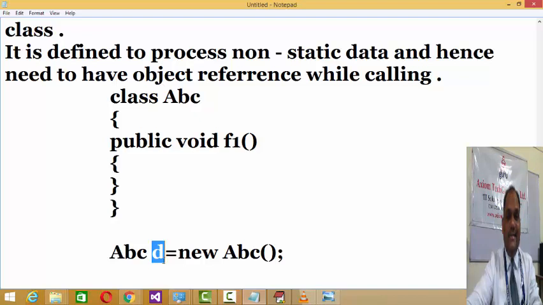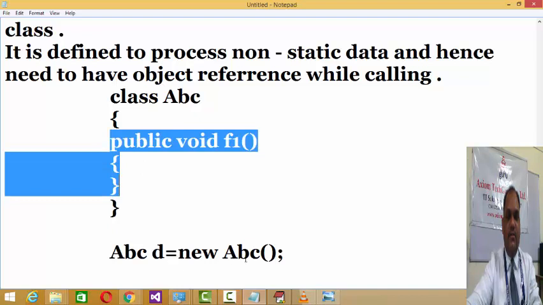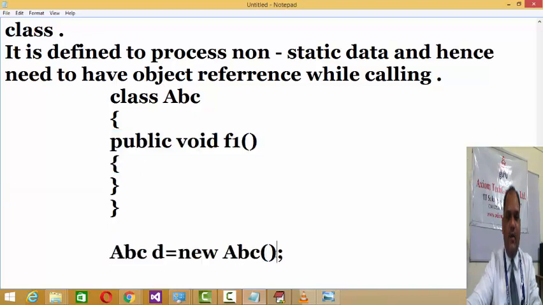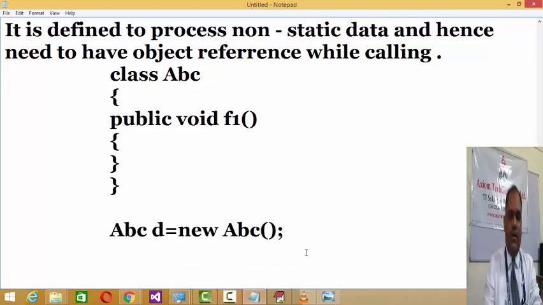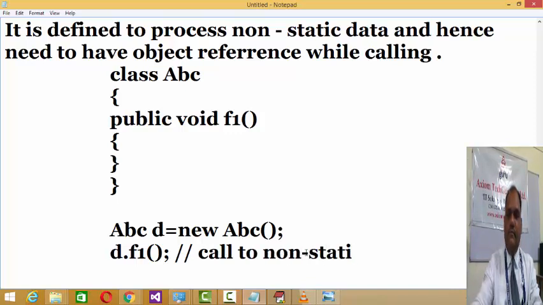So while accessing the non-static methods, as I said, it is not a class type of method, so class reference won't be valid over here. In such situations you need to give a call to d.f1. Whether you are accessing within the class or outside the class hardly matters. You need to create the object and only then give a call to it. It's a call to non-static f1.